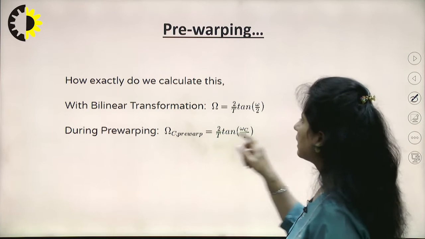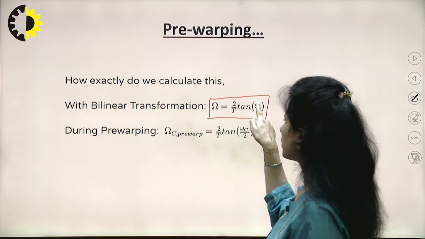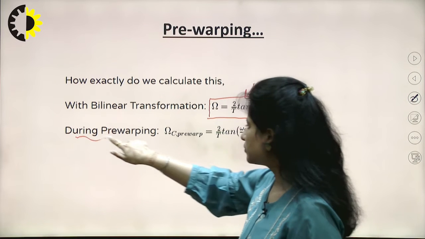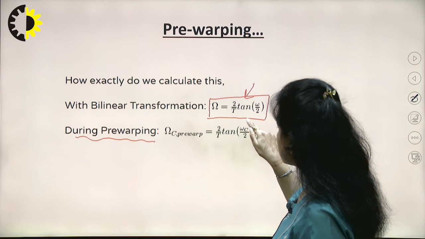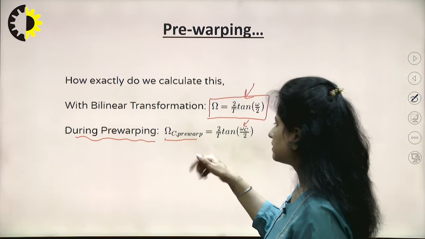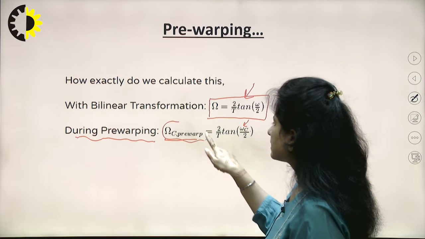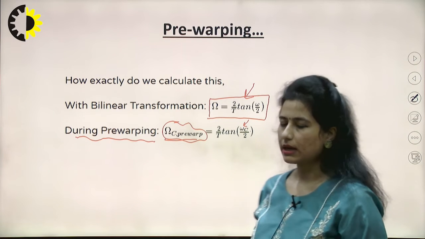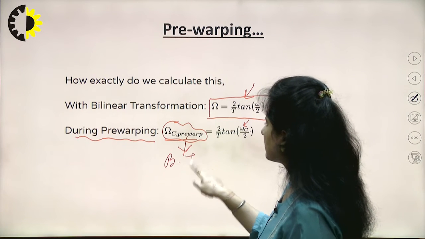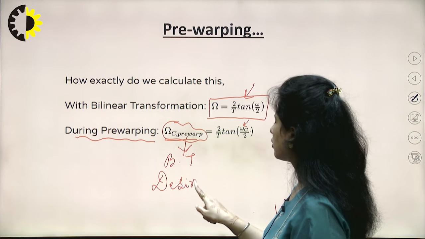So what are we performing with the bilinear transformation? I know this is the particular representation of two frequencies related to each other by this particular tangent function. So what do we perform during pre-warping? In pre-warping, we take the desired frequency omega c and change it to a different analog frequency, which we give to the system, and these new frequencies are used in the design. So ultimately the output that I receive, whenever I apply the bilinear transformation to this pre-warped frequency, is my desired response, which is not warped.